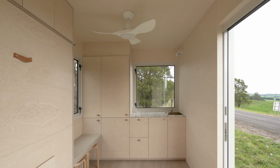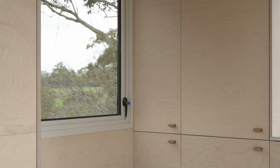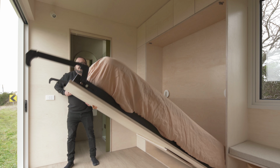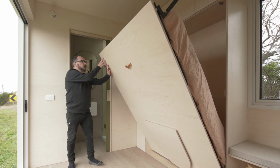I think the main challenge with tiny houses is trying to make the space as functional as possible, but then also trying to design something that is an alternative to a caravan. So not wanting the space to feel too cramped with all of the bits and pieces that you need for daily life. So the way that we overcame those challenges was to use flexible spaces and